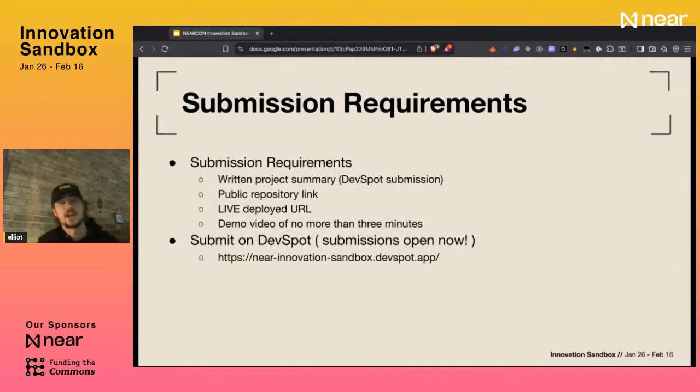Since we're in our last final days, I'm going to be really nailing this in: the submission requirements. Submit to DevSpot, and you need to do a written project summary, a public repository link, a live deployed URL, and a demo video of no more than 3 minutes. And when you do that, I would encourage you to also post it on socials, tag us, maybe do a hashtag NearCon, so that we can amplify it and we can get the whole Legion